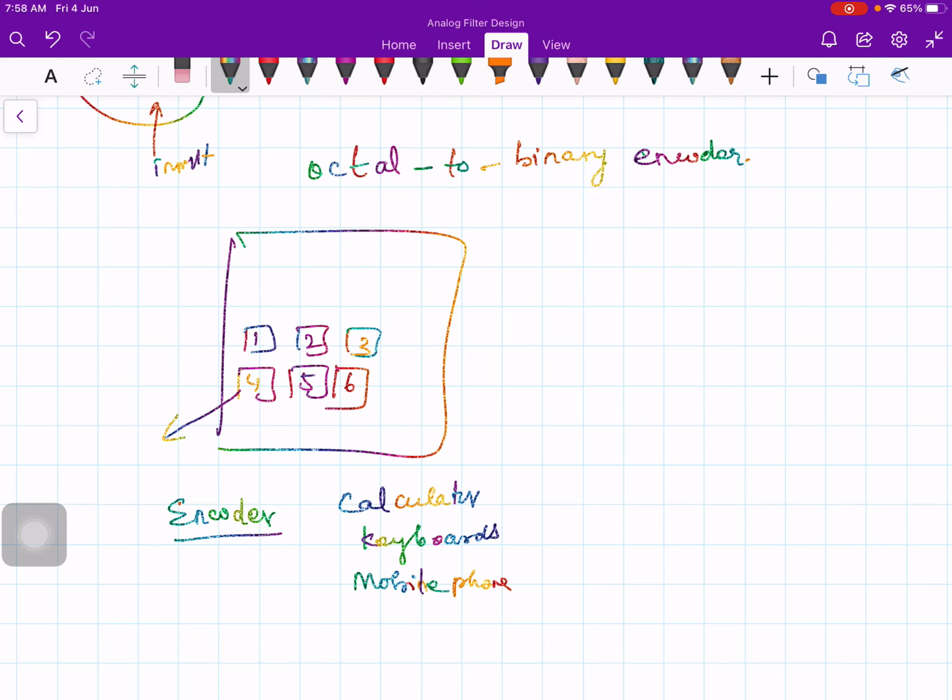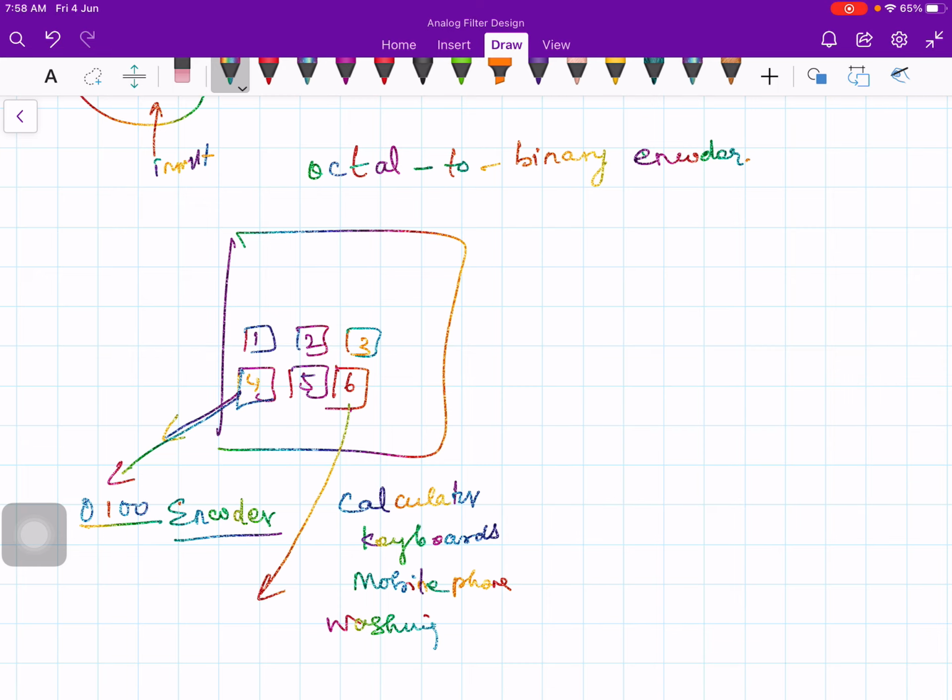Even in practical examples like washing machines, you will have some buttons, right? Start, stop, all those things. When you press a certain button, the corresponding binary bits will be generated. Suppose I press 4 in this button, then if I take a 4-bit representation, 0, 1, 0, 0 will be generated.